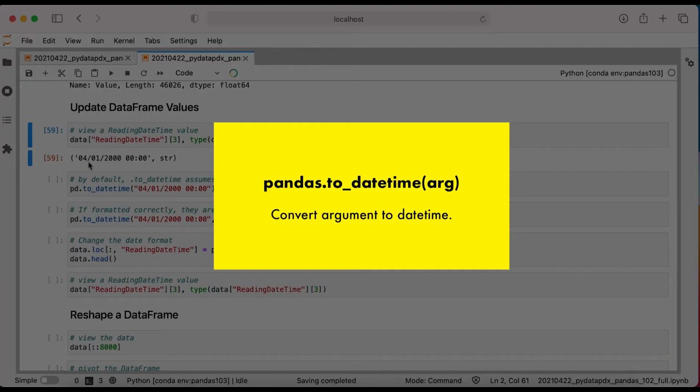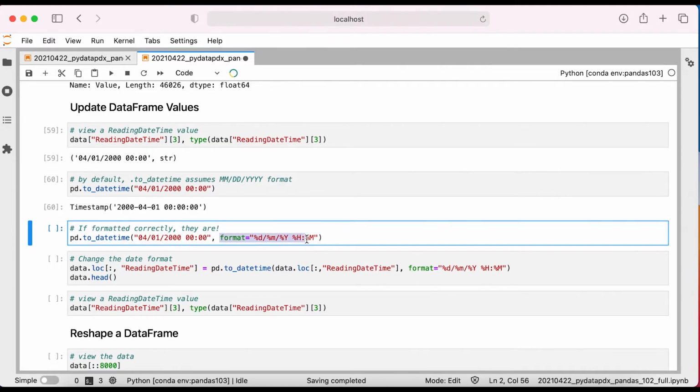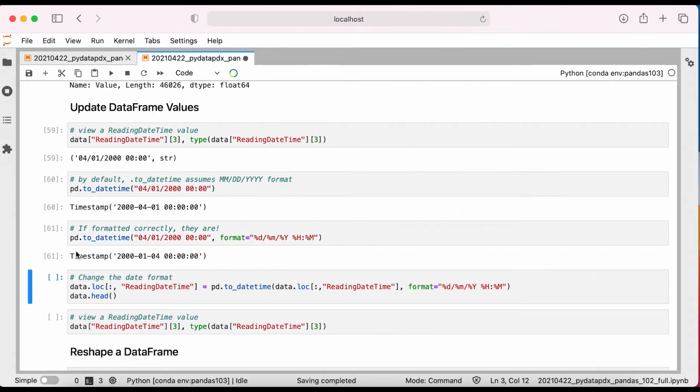However, the toDateTime pandas method assumes a month, date, year format for the string argument. I have to specify the format parameter with a string that specifies the date, month, year, hour, and minute formatting. The timestamp now correctly shows January 4th.